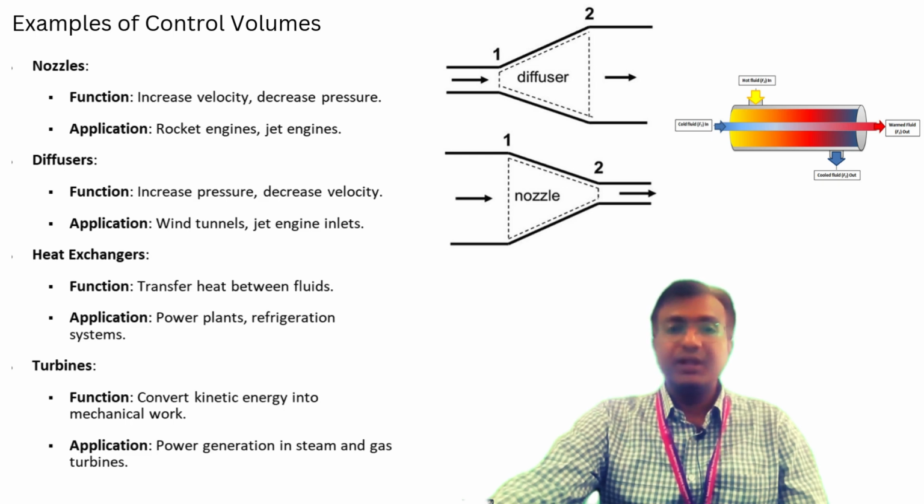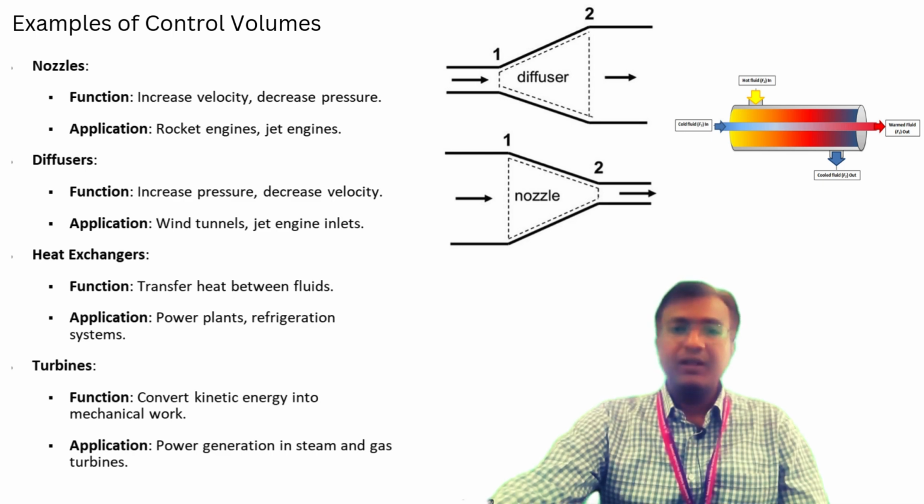Diffusers are used to increase the pressure and decrease the velocity. Their applications include wind tunnels and jet engine inlets. Diffusers are used to slow down the fluids while increasing their pressures, which is necessary for efficient operation in various applications. Heat exchangers are used to transfer heat between the fluids. Their applications include power plants and refrigeration systems. Heat exchangers are vital for efficient heat transfer in many industrial